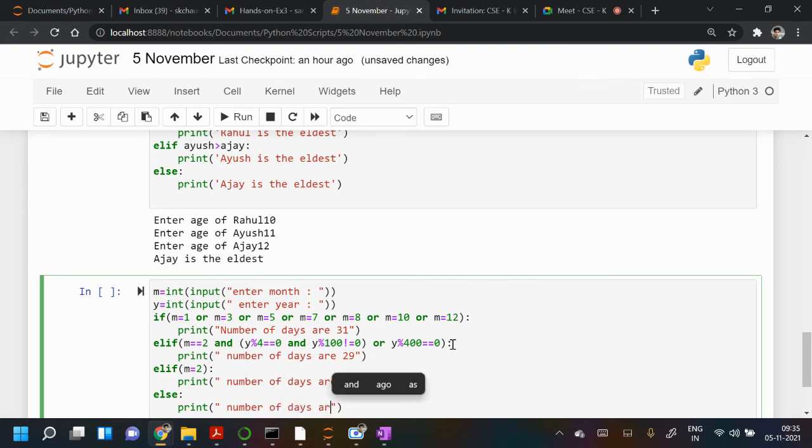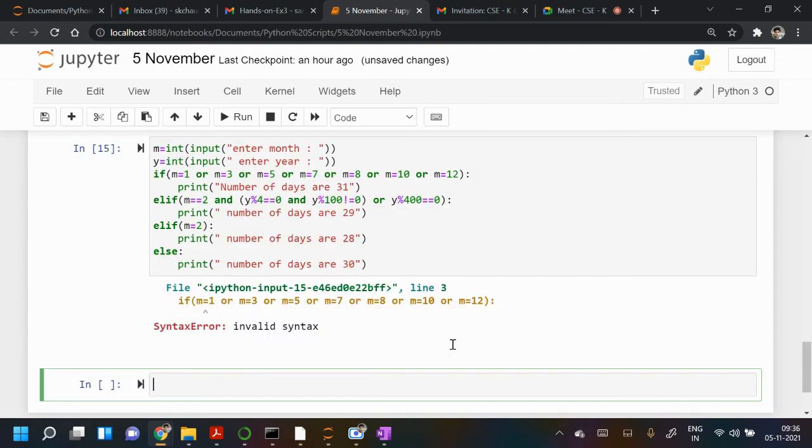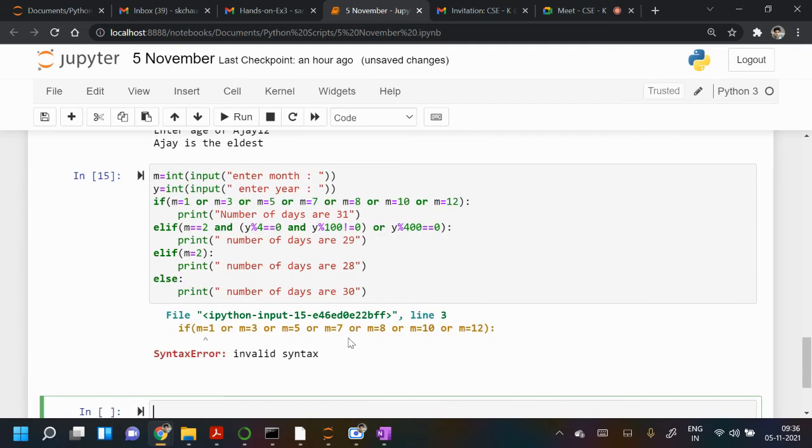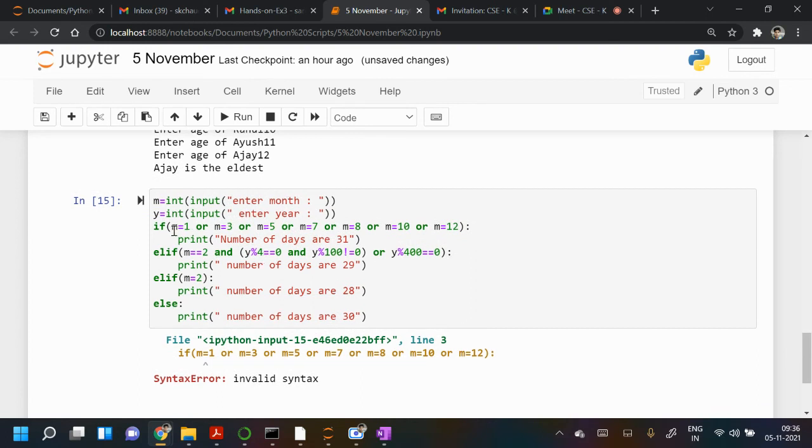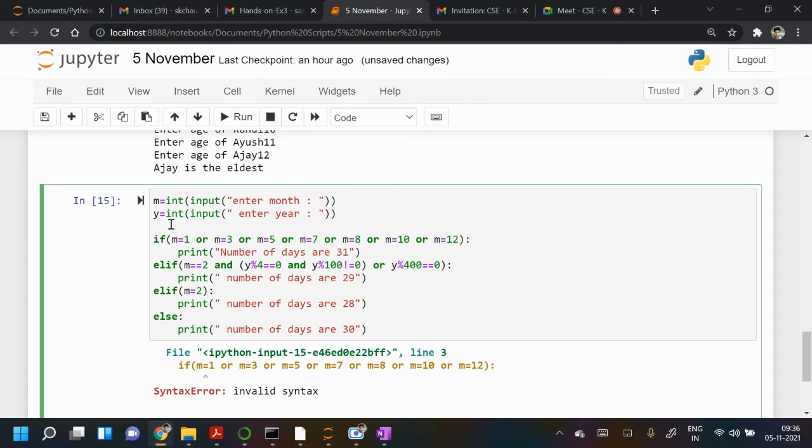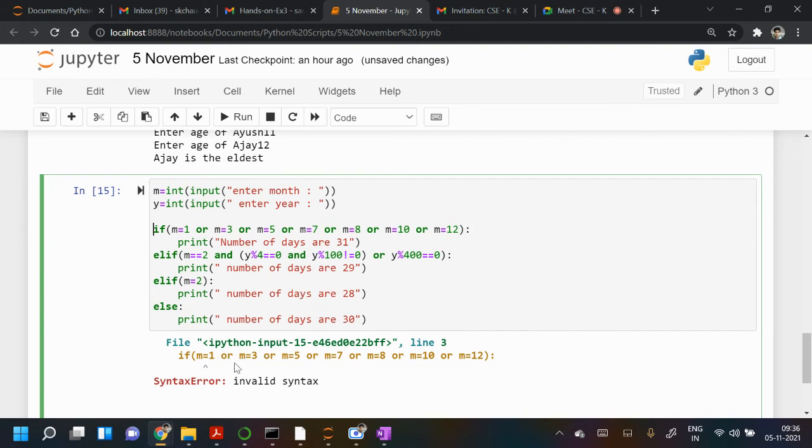Okay, one minute. So I have to take double equal. So we are comparing, so for the comparison we have to write double equal.